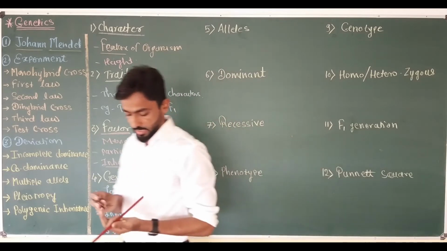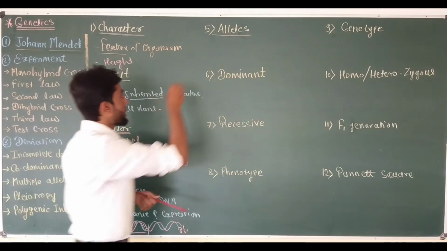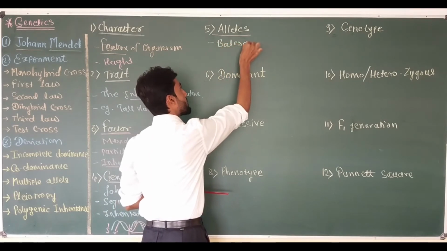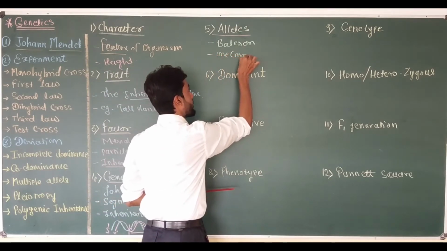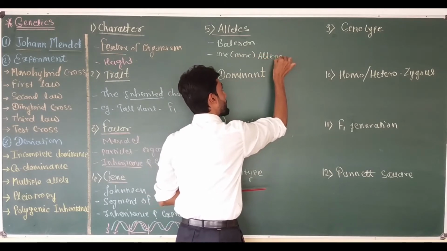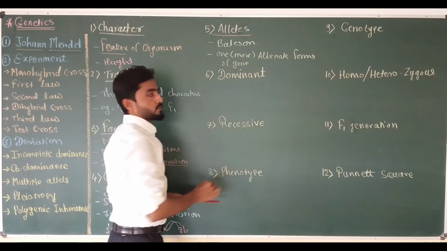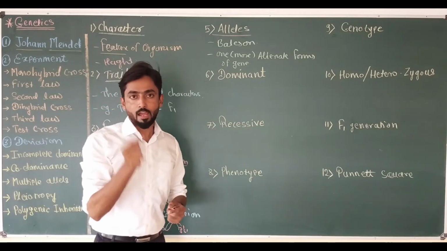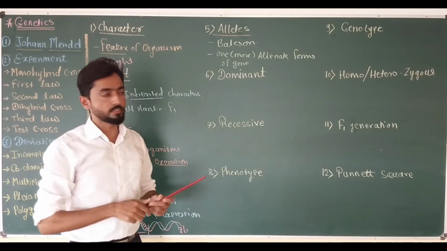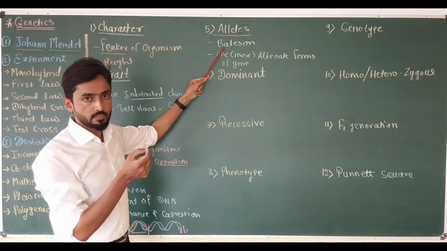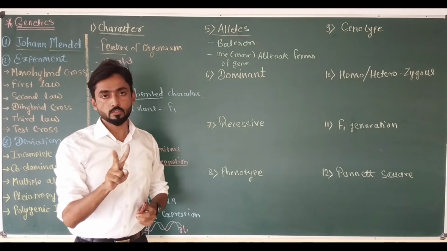Okay, so now the next character, number 5, is alleles. This term was coined by Bateson, and alleles are nothing but one or more alternate forms of a gene. So if the homologous chromosomes have two different types of genes at the same location, both coding for a similar character, in that case these two genes are nothing but alleles. So according to Bateson, one or more alternate forms of the gene present at identical locations on homologous chromosomes are